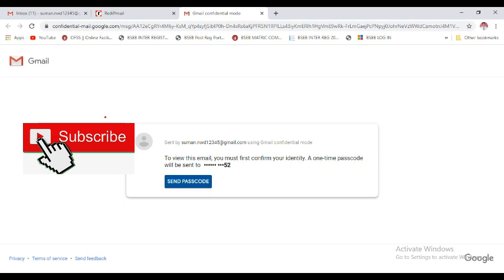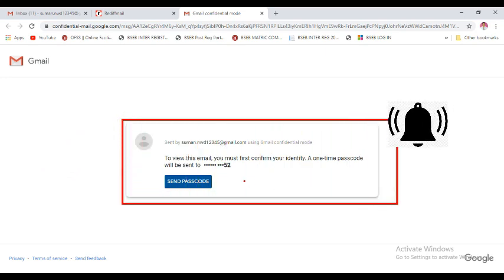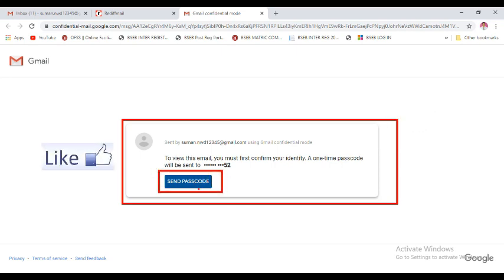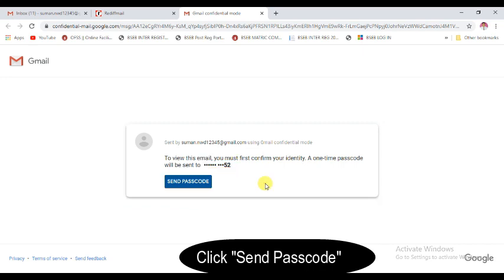Here you find a confirmation dialog box appears. Here we find the option send passcode, and unless this passcode is successfully verified the mail will not be displayed. Soon as you click this passcode option, you will receive a passcode on this mobile number. So let us see how it works.